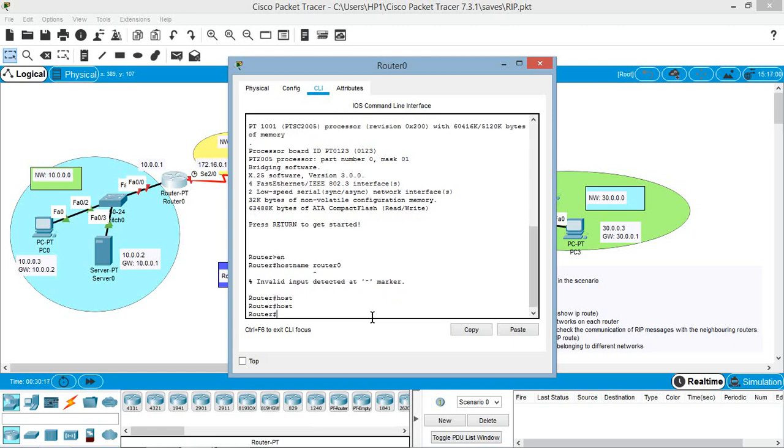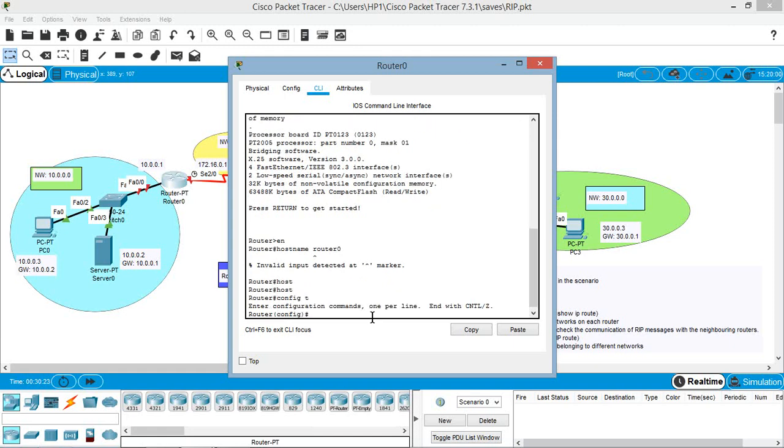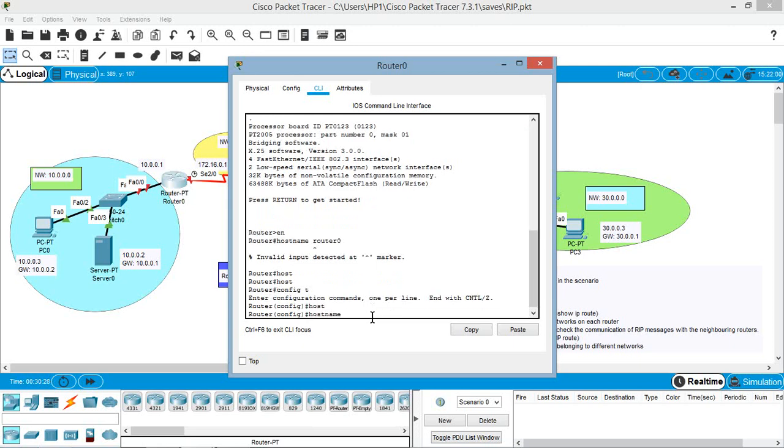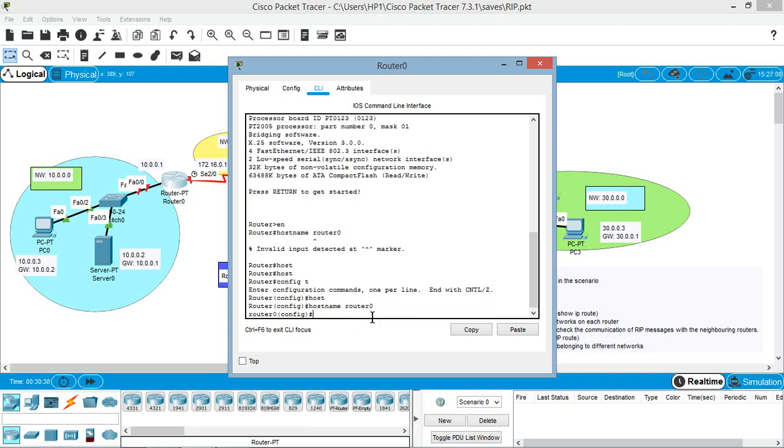Before doing this, we have to use the config terminal command in order to configure the router. So in this config mode, let us use the hostname command. With hostname, we can assign a name to this router. This router is router 0, so we have assigned the name router 0 to this router.